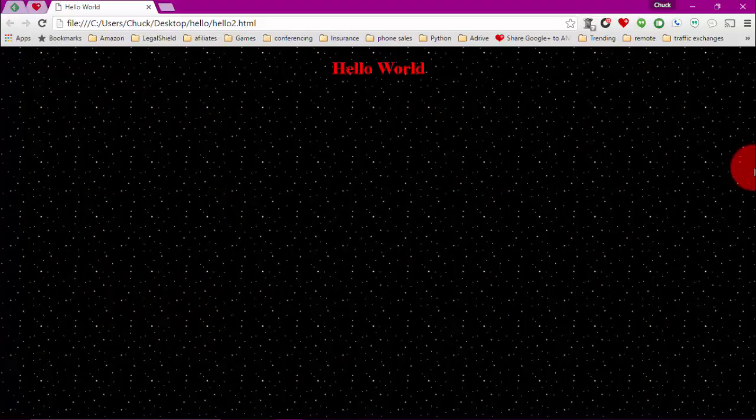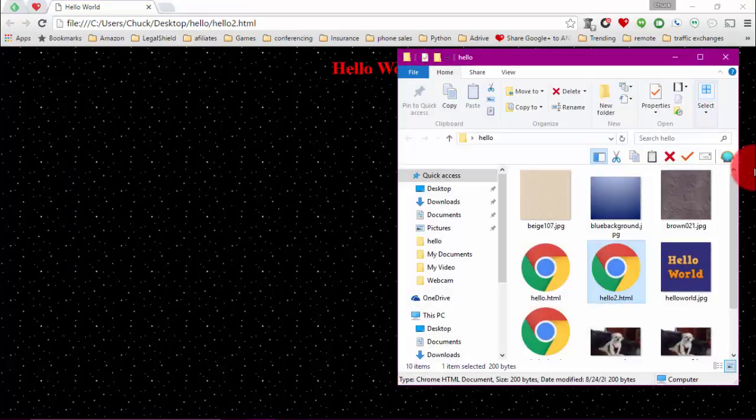As you can see, we have the star field here. Now this is a dark background, so if you have dark photos and you try and put them on this background, they may not show up. Now a really light photo, white, would show up okay, but darker pictures wouldn't be good for this background. I was thinking that the beige background would be better, so if we go to the folder and look at